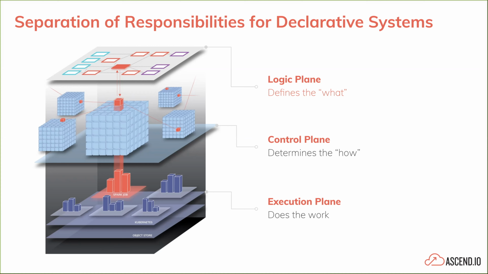And that's where we tie into the execution plane, the actual work that needs to happen. Again, we're using Spark as an example here. And so the actual Spark job to go deal with that one new file, incrementally process it, and add it into Redshift where it needs to be, so that the control plane is satisfied and knows that everything is done per the request of the logic plane.